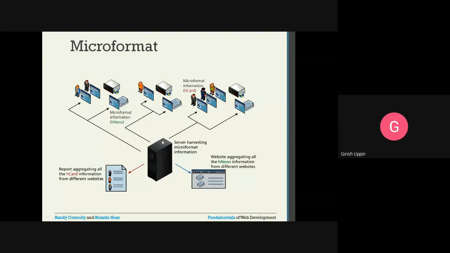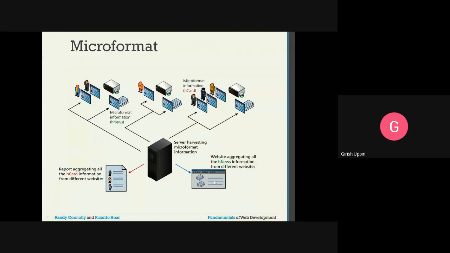It harvests all those and then aggregates all the hCard information from different websites. From all the websites, hCard information is available as a microformat. I can get it from all because it is in the same microformat, and I can easily aggregate and show it on my website.